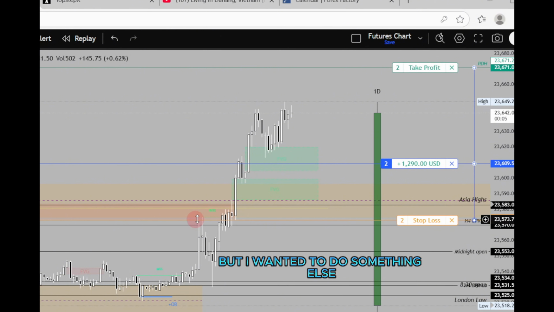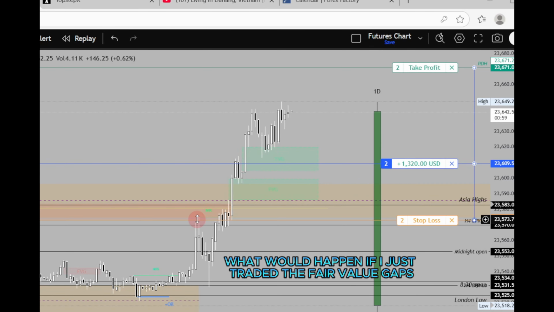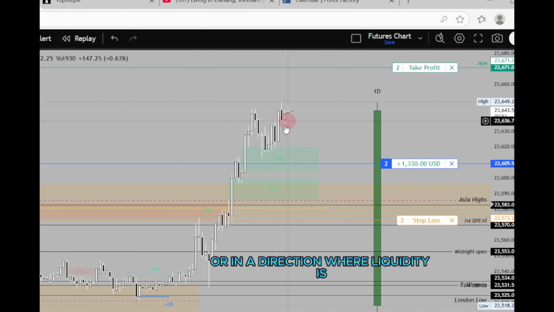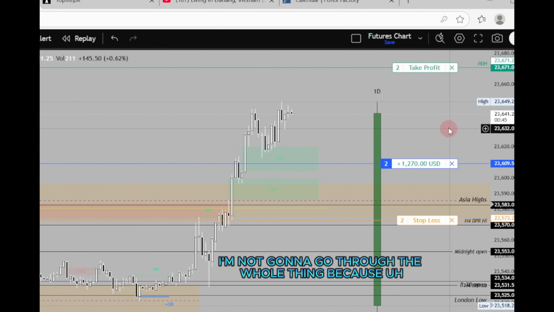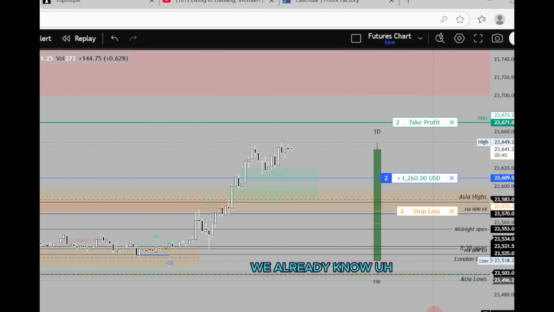But I wanted to do something else. I wanted to still get my reps in. I wanted to know what would happen if I just traded the fair value gaps going in a direction where liquidity is resting, right? So just to break that down, man, I'm not gonna go through the whole thing because we already know we